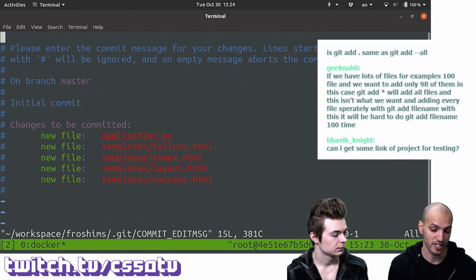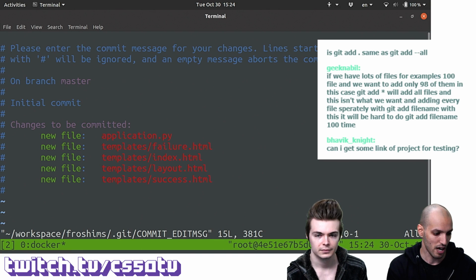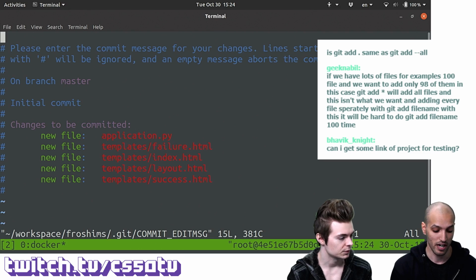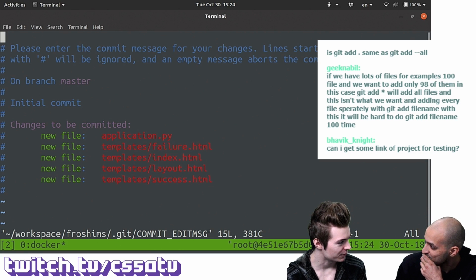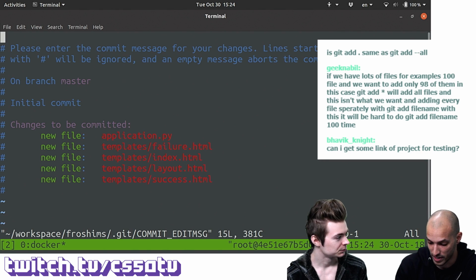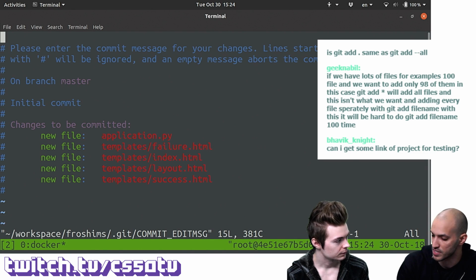This is actually a text editor that I see open right now. It's Vim, if you're familiar. Git is basically telling me, what did you change? I need a description of the changes that you just made. Sure. You have to be able to tell which snapshot is which, if you're doing 50 a day. Yeah, exactly. If you're looking at the commit history or the log, as we will soon see, you're going to see a bunch of different commits, and it will be really useful to see just by a quick look what this commit did.